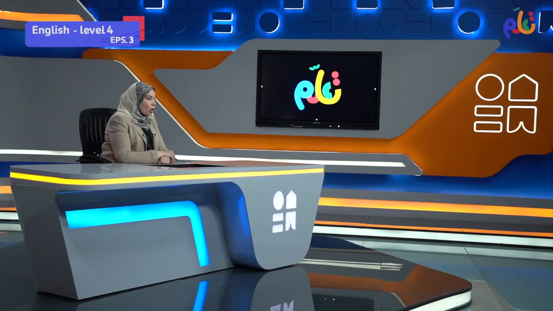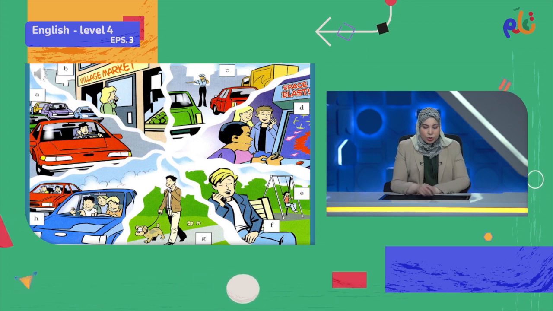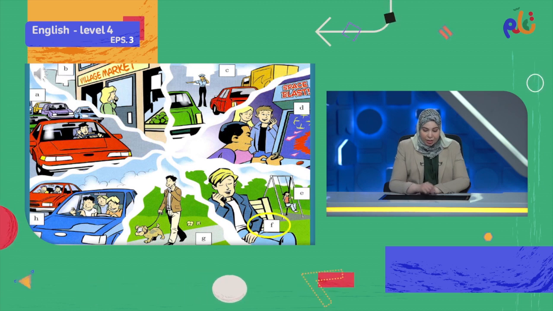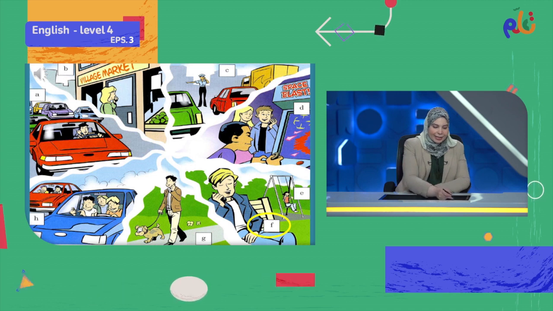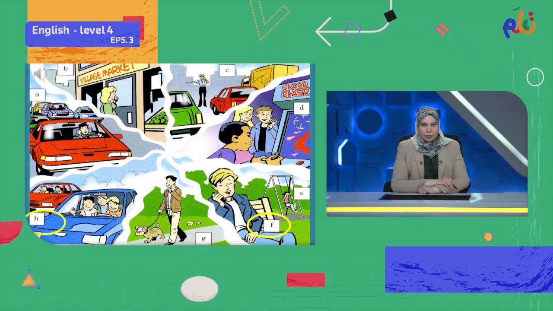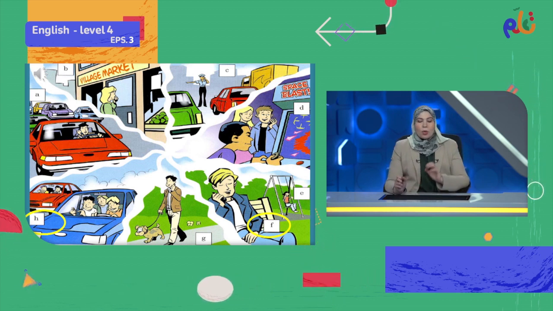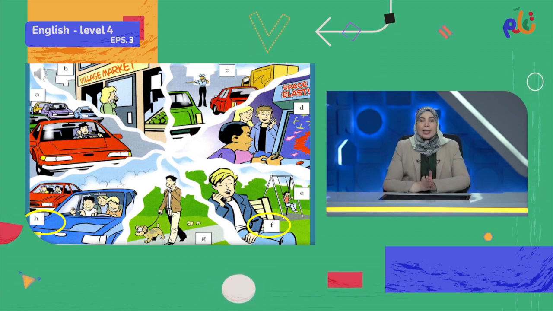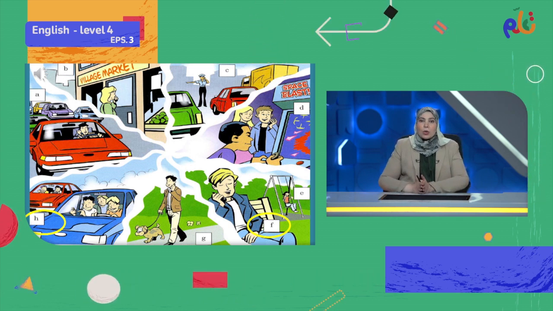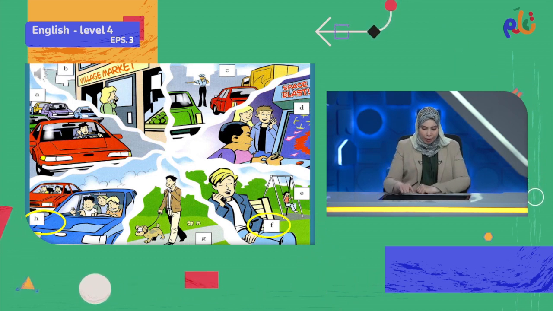So we're talking about someone who's in the park and someone who's in the car with the kids. Can you spot the pictures? So this one here, she's in the park, and who's in the car with the kids? Exactly. Well done. Okay. So by this, we have looked at identifying or spotting speakers. Let's now go to our final part, which is looking at a telephone conversation between two friends.